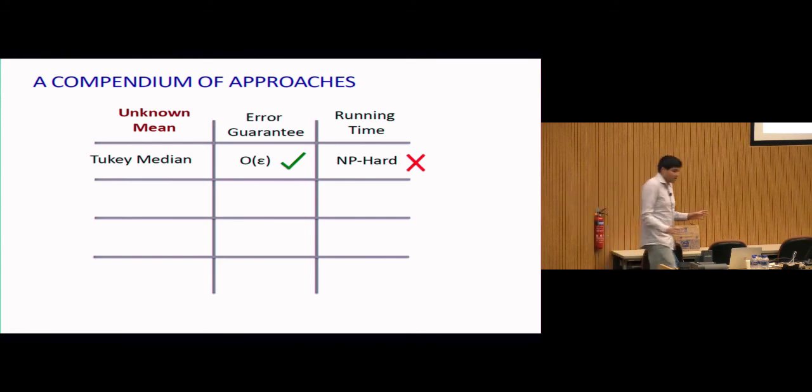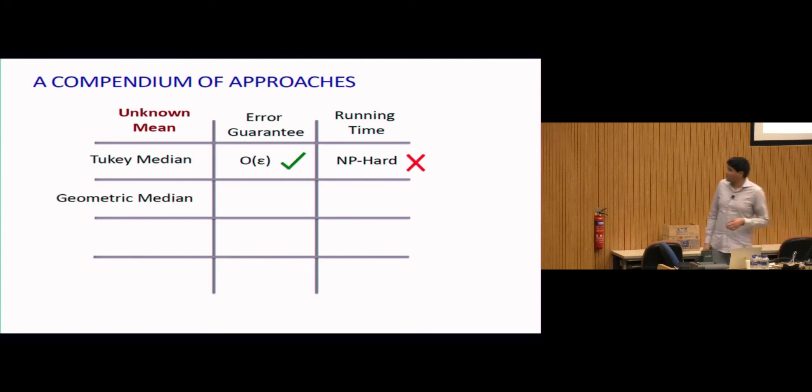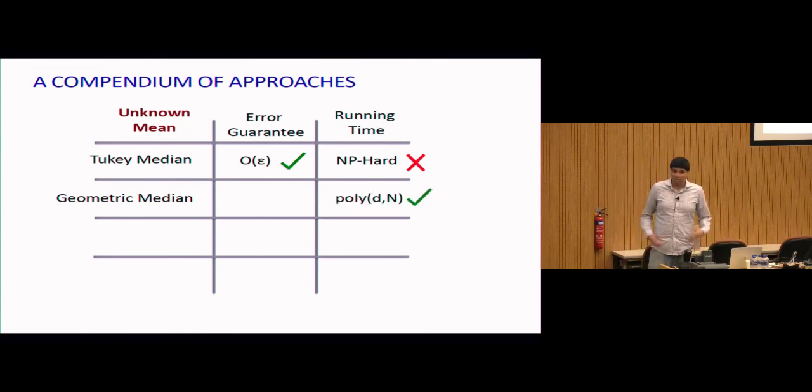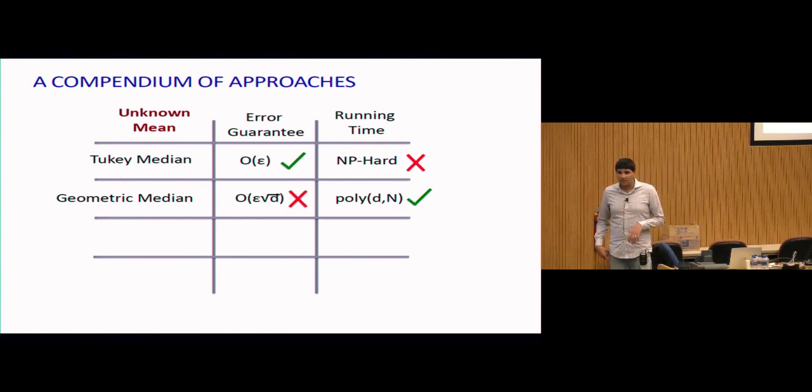Now there's something else I could do, which maybe that was just the wrong way of generalizing the median to higher dimensions. So there's something much more naive I can do, which is I could just compute the median along each one of the coordinate axes. That's obviously doable in polynomial time because that's just d median problems. But there's a big problem with that, which is that it's only epsilon times root d close in total variation distance. Now that's really profoundly horrible for reasons that I'll get into in the next slide.